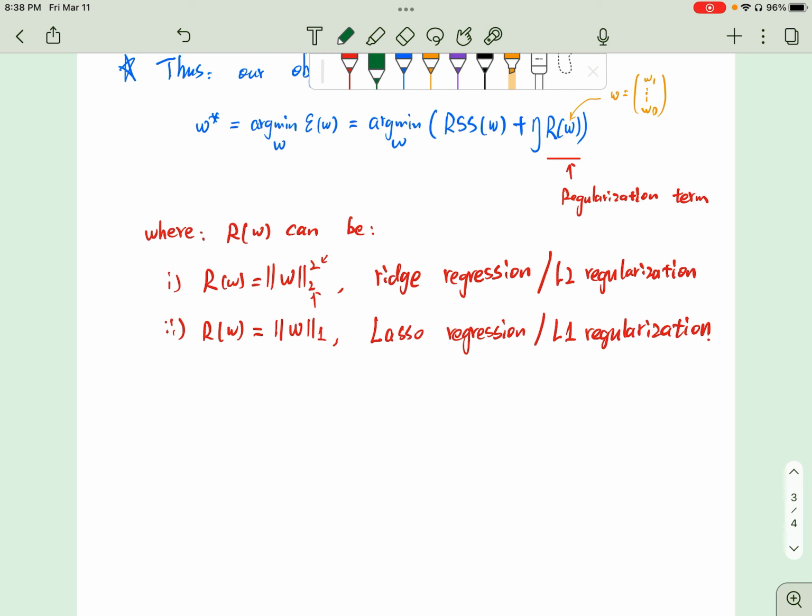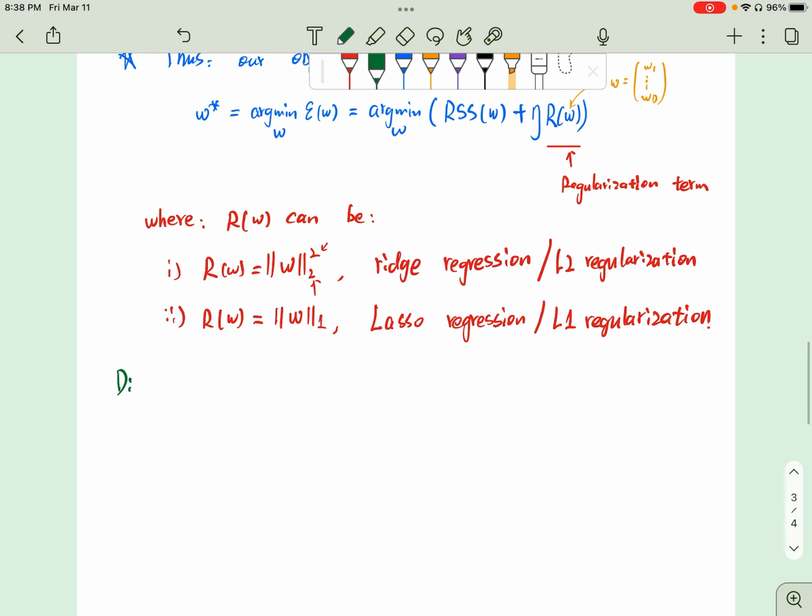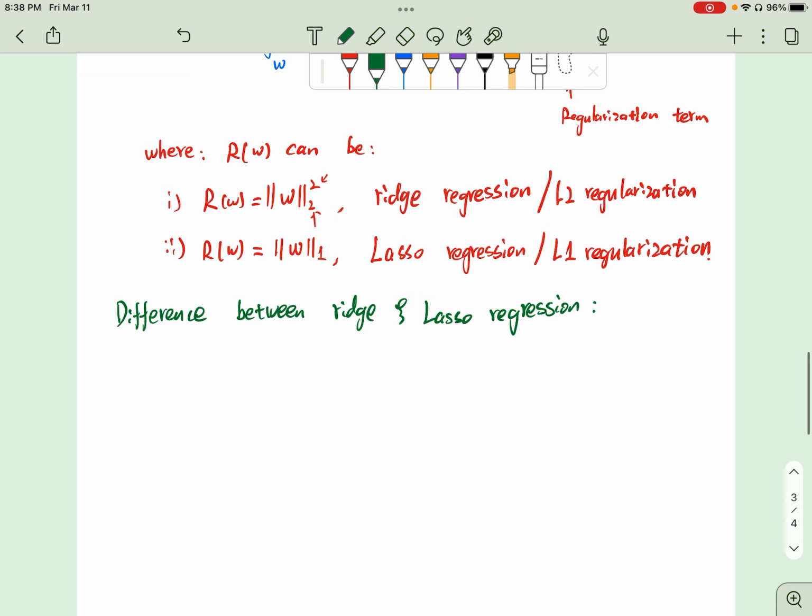I want to emphasize the difference between ridge and lasso regression problem. So the difference is that,